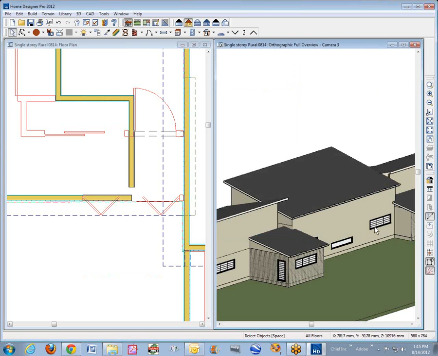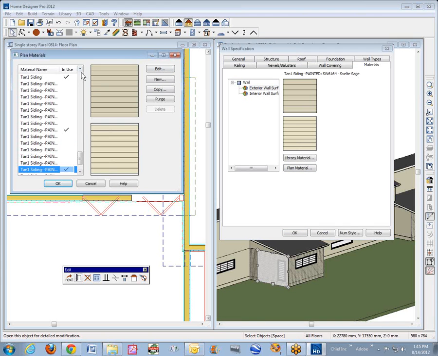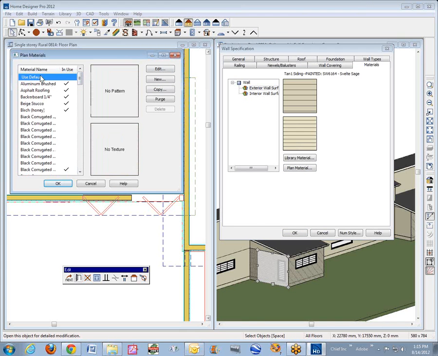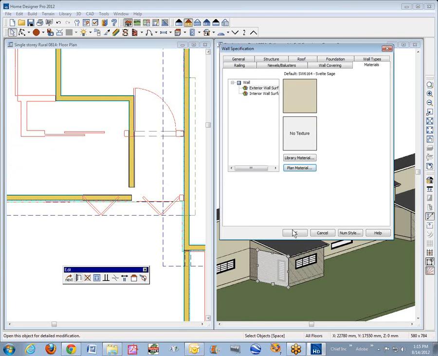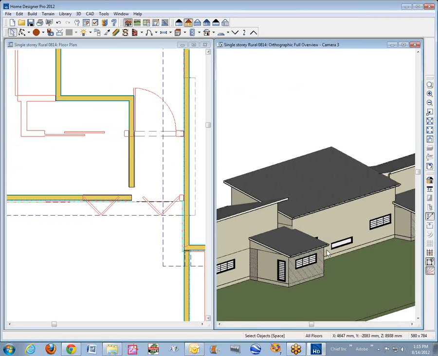So this is not a tutorial on that, but if you want to get all the materials the same, the ideal scenario is to set your defaults before you start drawing walls, but after the fact, you're learning and so forth. You can see I'm doing the same thing over and over again. I'm going to go up to the top, Use Default, okay. Okay, I'm not going to do any more walls. That's just to demonstrate how you can get the program doing what you want it to do. Now this corner looks okay. Let's look at the other